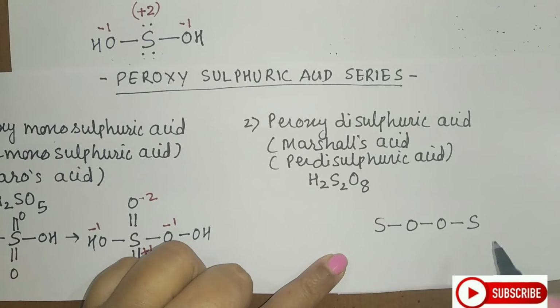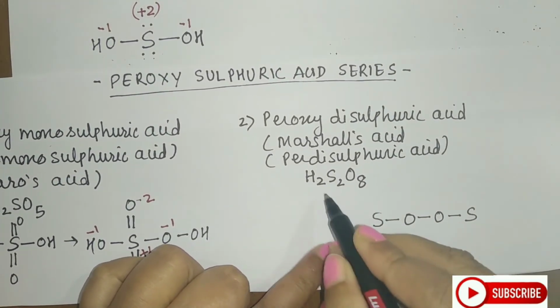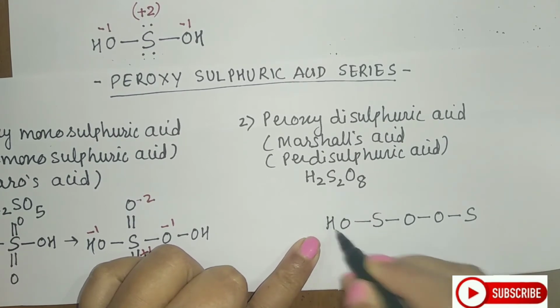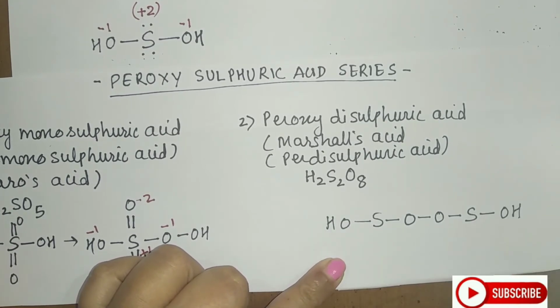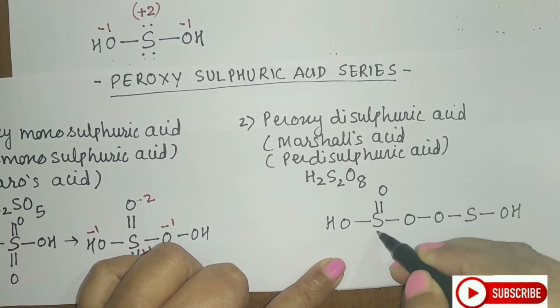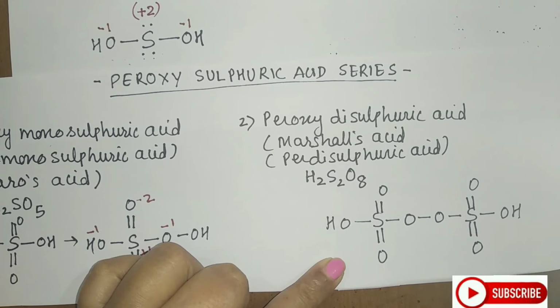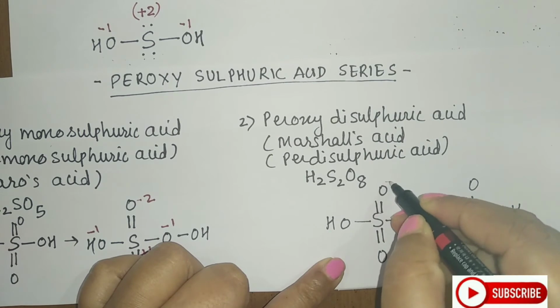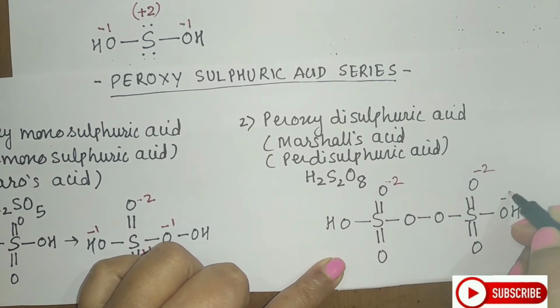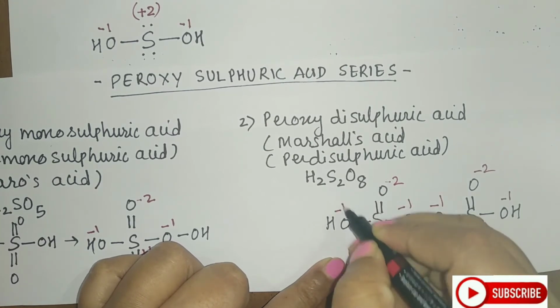So I have used the 2 sulfur atoms and 2 oxygen, form maximum number of OH. So I can form 2 OH. So attach one onto this sulfur and the other onto this sulfur. 1, 2, 3 and 4 oxygen I have used. Remaining are 4. So attach 1, 2, 3 and 4. So you have used all the atoms. Assign the oxidation numbers now. So the oxidation number will be -2, -2, -1, -2, -1, -1, -2 and -1.